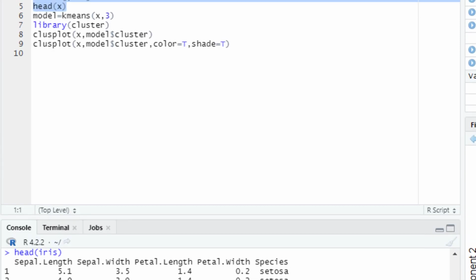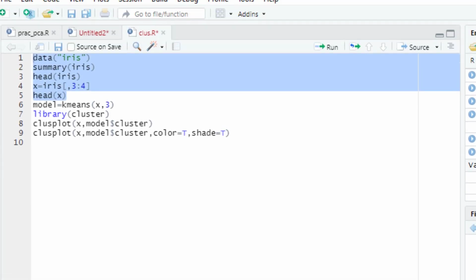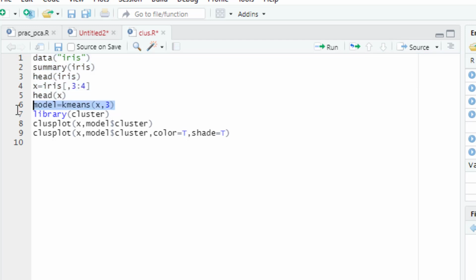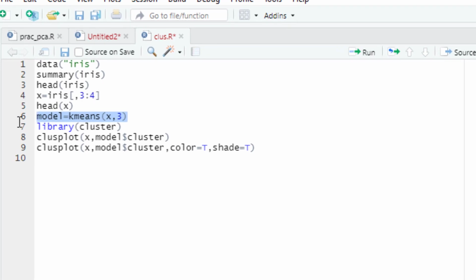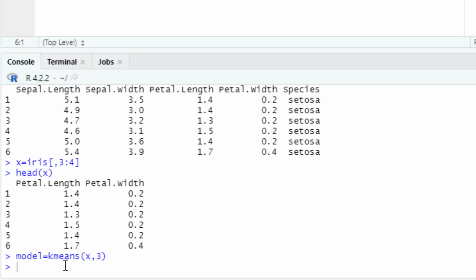Now the next step, students, very important, is to use the k-means algorithm with this line. What we are doing is using k-means, the method we will use, on the parameters: data and the number of clusters or groups. Over here our data is the x object, and we will have k equal to 3, because the clusters will be as per the 3 species in the data set. So when we run this, we have set the k-means.